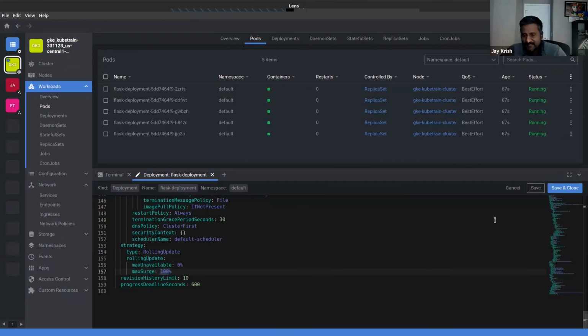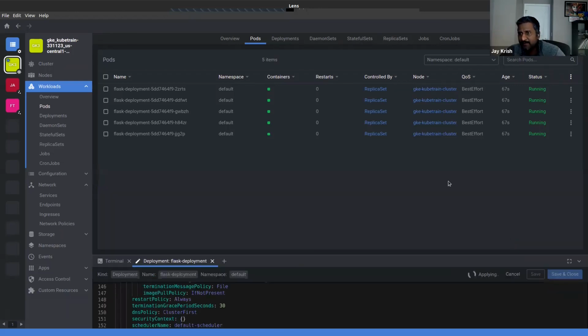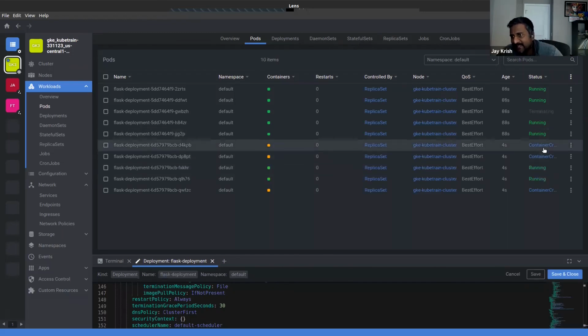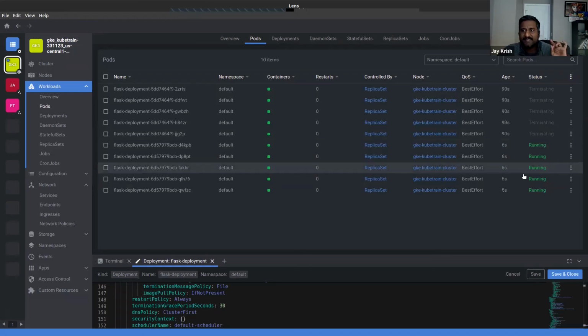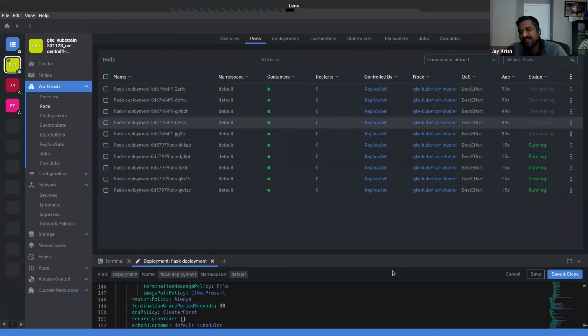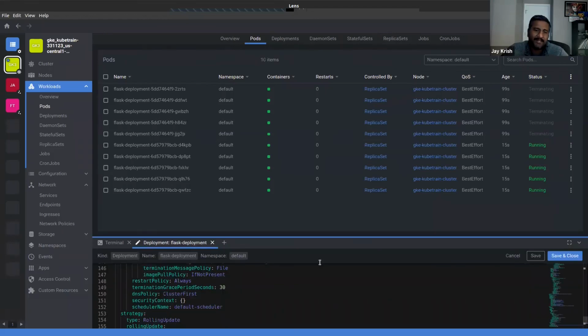But in this scenario, unfortunately, you need to have double capacity. Because it needs to add 5 more, wait until they're healthy, and then delete the 5 other guys. See, container creating new, and after everything is running, then it is deleting. So for a split second, you need double the capacity. But if you're running at 30% of your data center capacity, it is still okay. It'll go to 60% usage and then come back. Not a problem, and that too for only a few seconds.